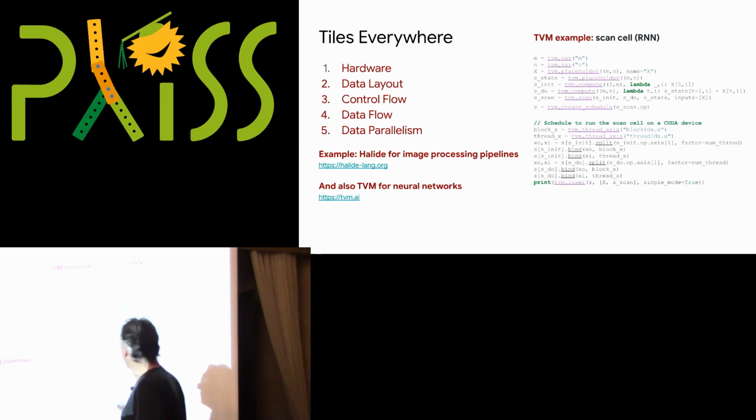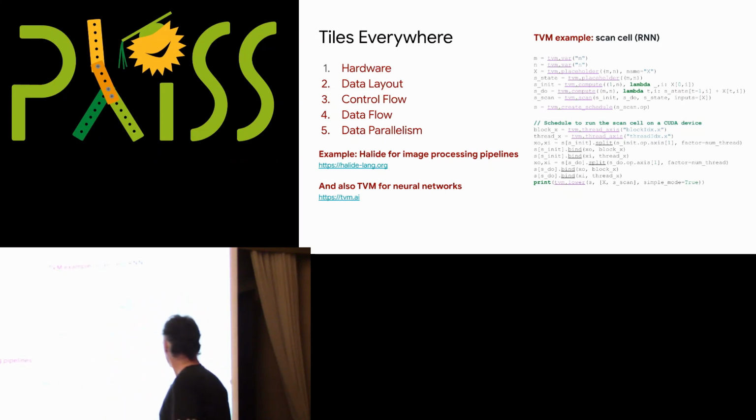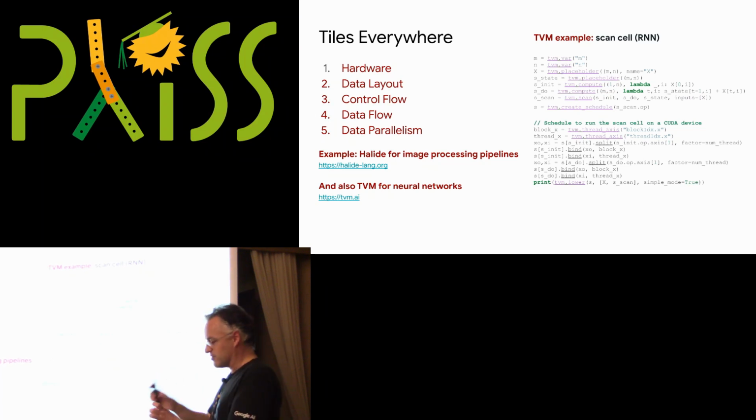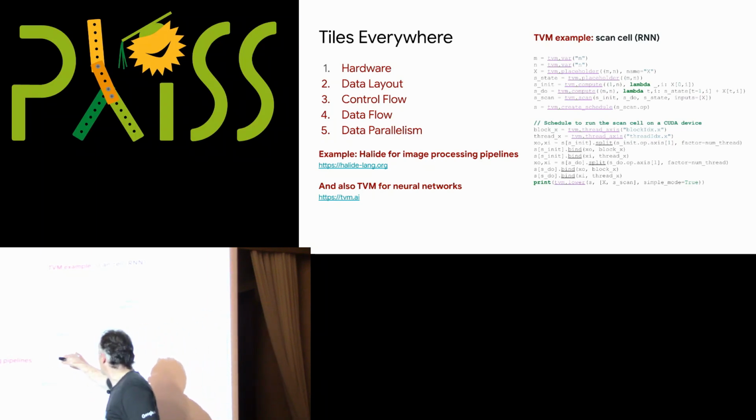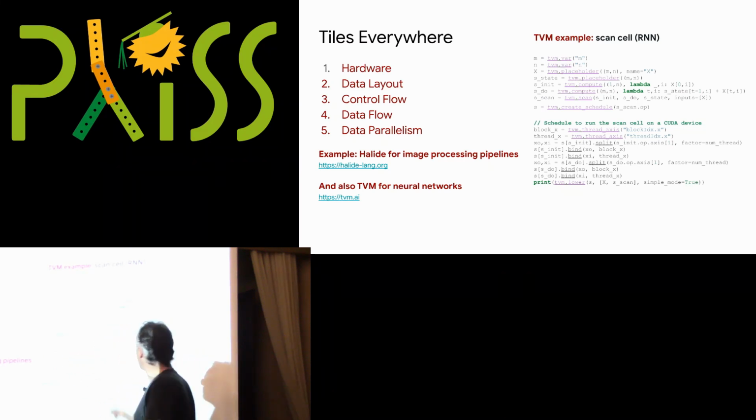So you have this kind of splitting constructs that will tell you essentially how to strip mine the computation, decomposing it to blocks, and then how to bind the different dimensions that result from this strip mining to the different levels of hierarchy of the threads and blocks. So in this case, you would say, I get two dimensions from strip mining one dimension of an initial vector, and the first dimension I bind to blocks, and the second dimension I bind to threads, and this way I get parallelism